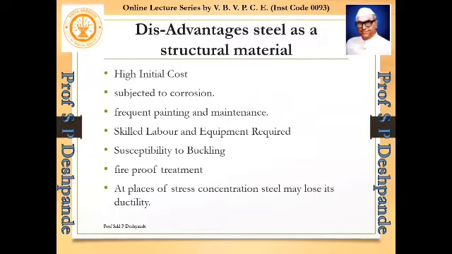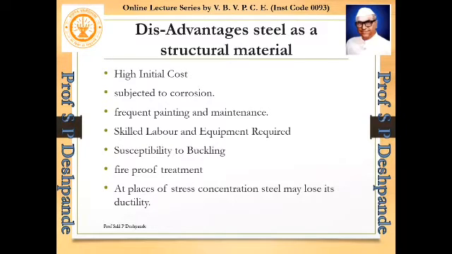Secondly, because we want to lift the steel, we want to cut it, we need skilled labors and we need heavy equipments. Now, as the steel is very strong, it has a disadvantage also. What is the disadvantage? If the steel is very strong, the requirement of the section will reduce. As the section reduces, मतलब क्या? Area कम हो गया, length उतना ही है.